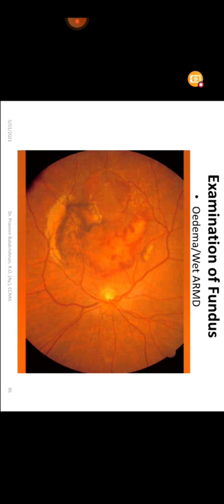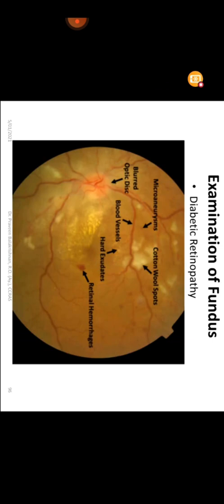See, there is an edema, or then this is actually a case of wet ARMD, where ARMD is age-related macular degeneration. Okay, so you can see the bleeding. You can see some redness here, bleeding is there, edema is there. All these changes you can see. Okay, or you can see in such a fundus photograph some yellowish areas here. Okay, these are the hard exudates. You can see some red areas, retinal hemorrhages, and you can see some white areas, which are called